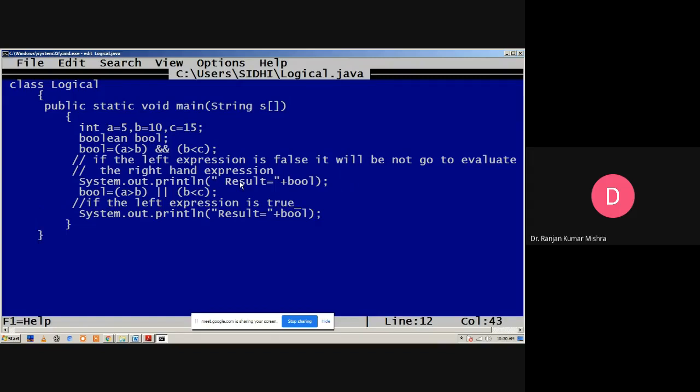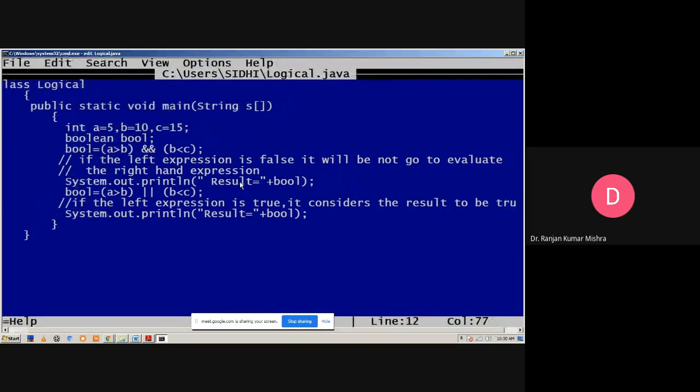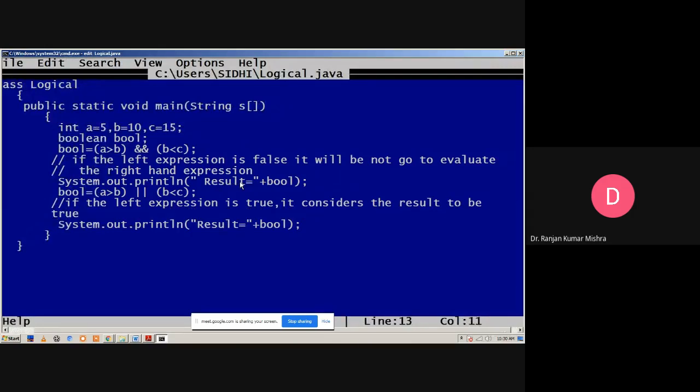If the left expression is true, it considers the result to be true, and it does not evaluate the right hand expression.